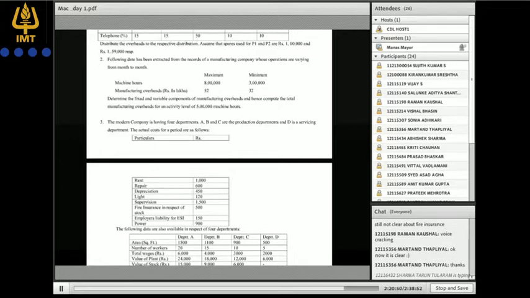By definition, you know that fixed overheads are those overhead costs which don't change with the unit of production, whereas variable cost changes with the unit of production. In fact, it changes proportionately to the unit of production. So can you tell me, by this information, how much is the variable cost per unit?